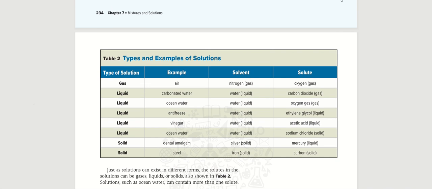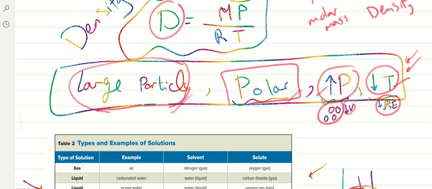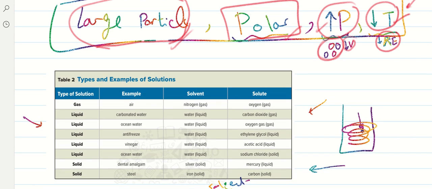There is a table. This table you have to memorize, but if you try to memorize it like this, it will be a little bit hard for you. I will give you a very simple way to memorize it. First of all, you have to know that solution is simply